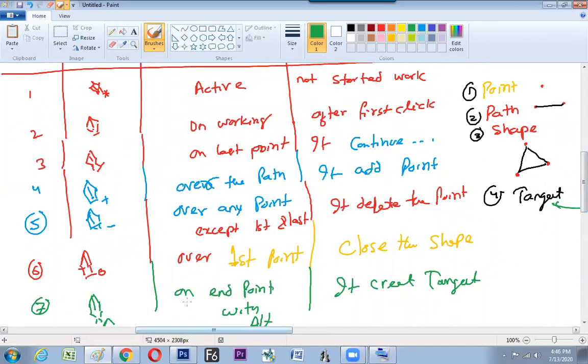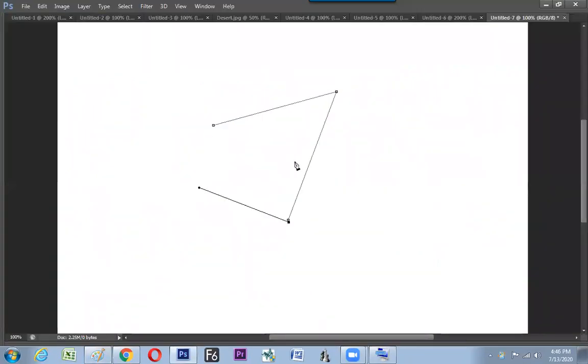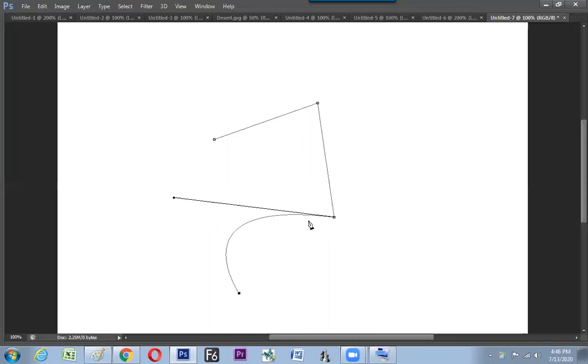Sir, can you explain the tangent once more? Yes, tell me. Catch the screen now. We are on the tool. Yes, path is done. Hold Alt and drag. You can find a line is created from there by holding Alt and dragging. Now, after dragging, what to do? Once you drag, this is not the path. This is a tangent. And what it does, the next click will be a curve. It will never make a straight line. So we got to know what a tangent does. A tangent makes the path turn into a curve.